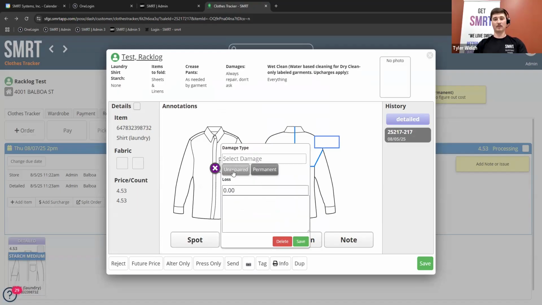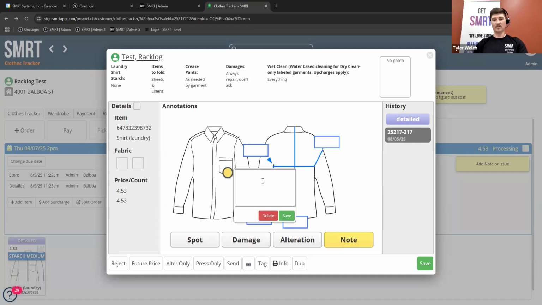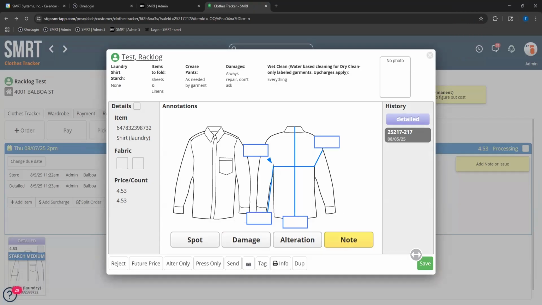You can set it as permanent or unrepaired, either or, and select a specific type of damage, or even just add a note to it, say this pocket did have a spot on it, no longer has a spot, something like that. Okay. All right. Thanks, Tyler. Yeah, of course.